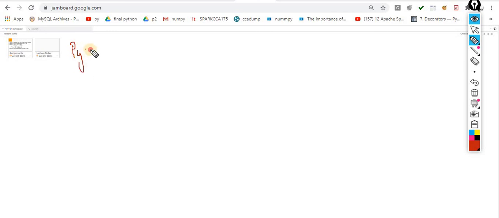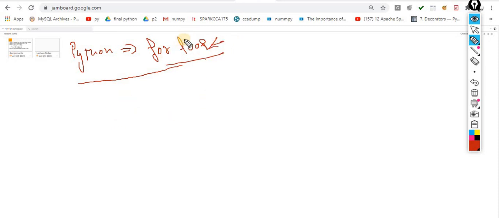Now understand the Python for loop. I think the picture is clear, because that was the totally theoretical discussion: what is the difference between for and for each loop, and what exactly is the task of the for loop inside Python. Now I think the picture is clear and you are capable enough to answer this question. So now understand this for or for each loop, whatever you want to call it.